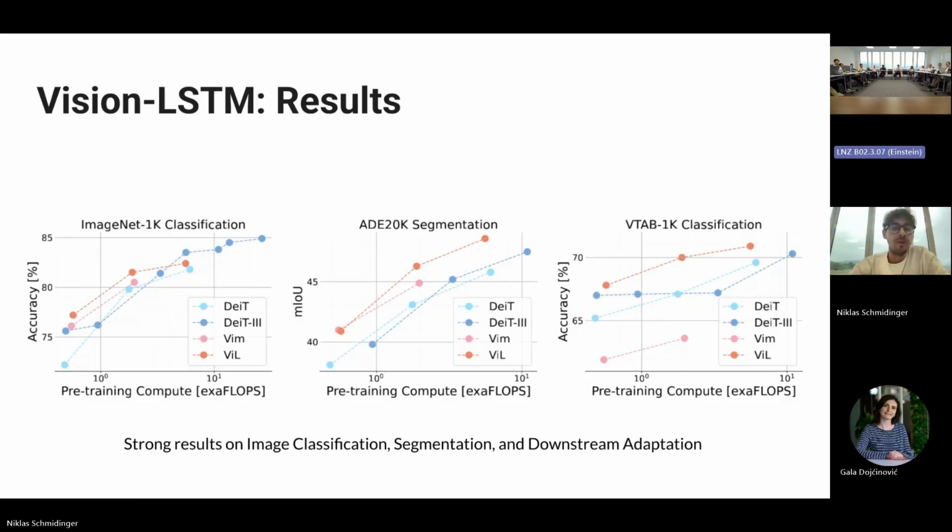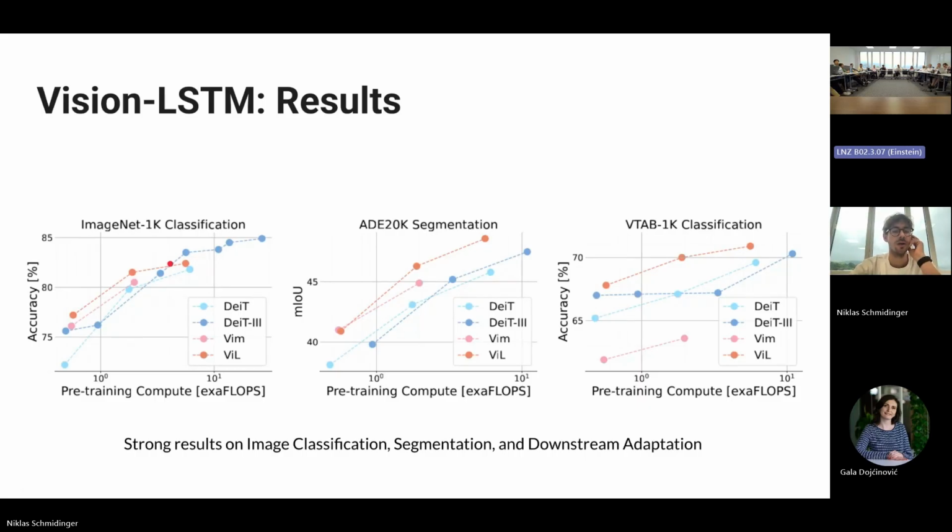And to go over the results. First, just testing it on classification: how good is it at classifying images? Then also on segmentation. And then what you do is you take the model and fine-tune it on domains where you don't have a lot of data, like medical images and stuff like this. This is an adaptation benchmark. And you can see it's pretty